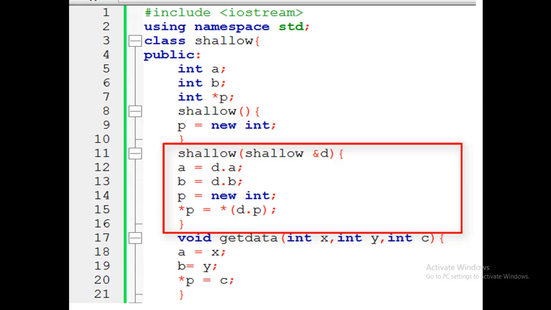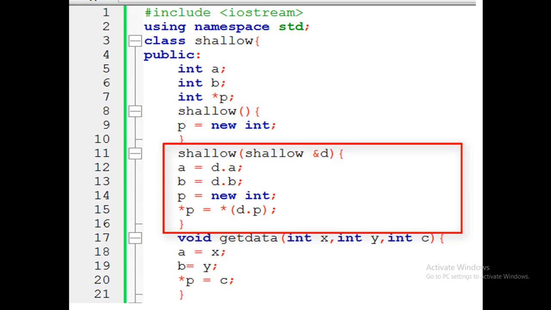So this will resolve the problem where a change in object 1 also affects object 2. A change in object 2 will never reflect in object 1, and it will override only the object 2 content, because the pointer variables of both objects have separate memory locations. So a change in object 1 will never affect the object 2 value.